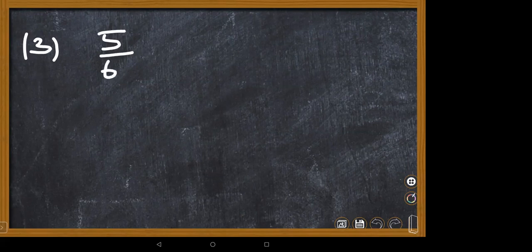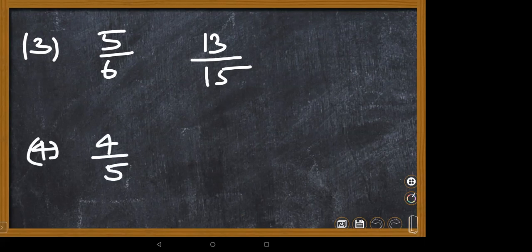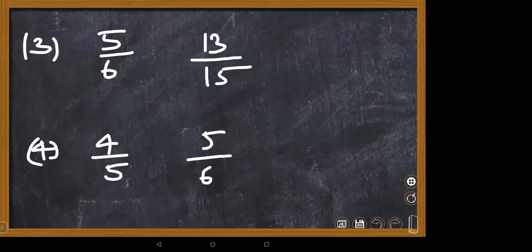Now next question. You see, children, please compare. You have to compare these fractions. This is question number 3 of your practice questions. Those who give wrong answers are supposed to do it once again. Compare 13 by 15 and 14 by 15. And the other part, 4 by 5 and 5 by 6, which is greater. Please put it in the chat box, children, quickly, so that we can go on with the exercise sums.